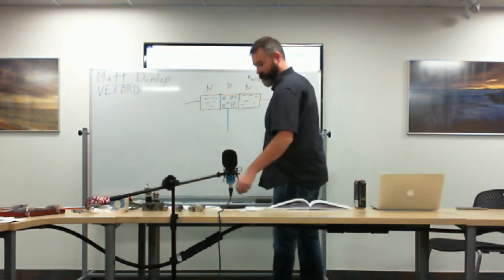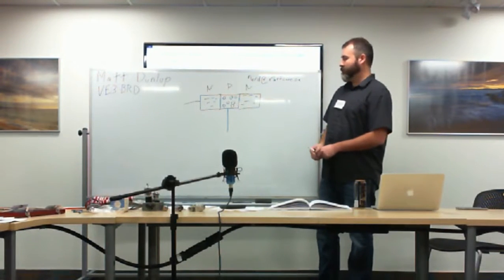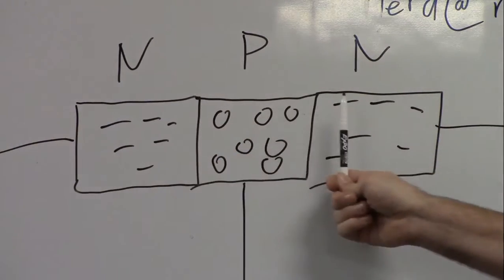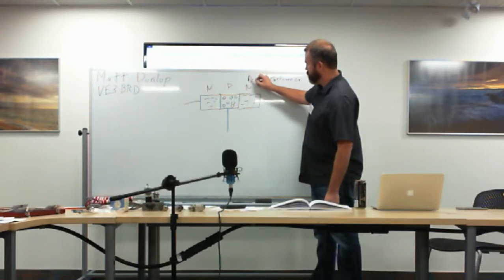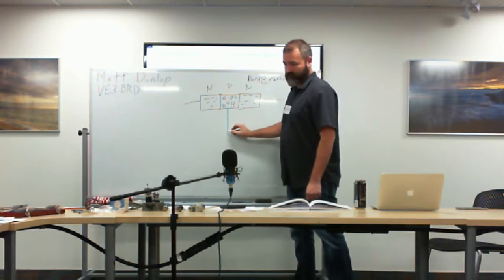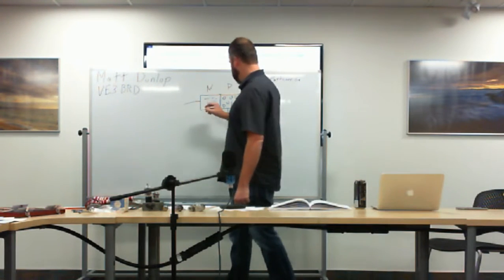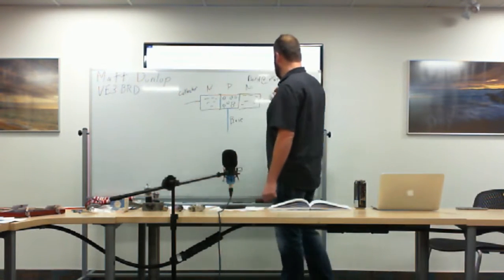So in the transistor, we sandwich different P and N materials, just like the NP-PN junction, except now we have two junctions in this case. So we essentially have two diodes connected together. And what we can do with this is we can use this one here, the base. This lead here is called the base, and we have the collector and the emitter.